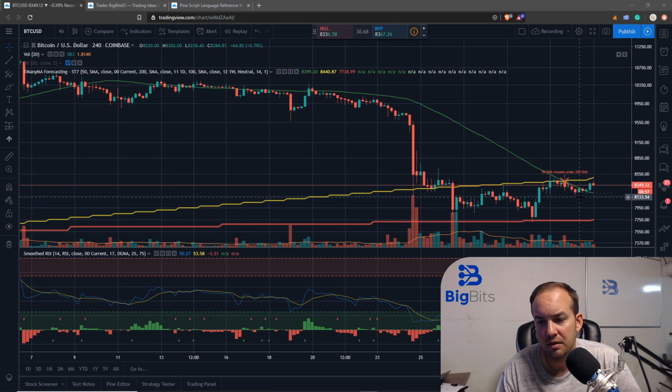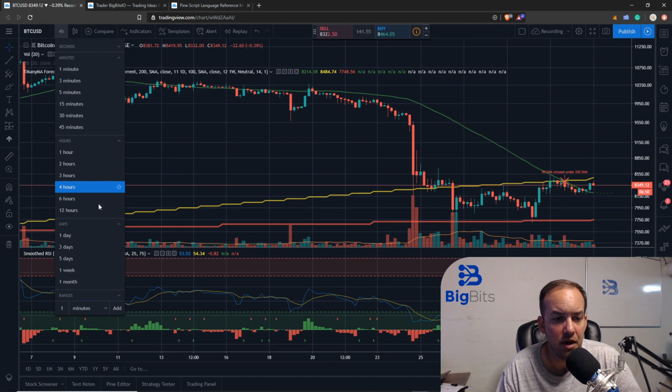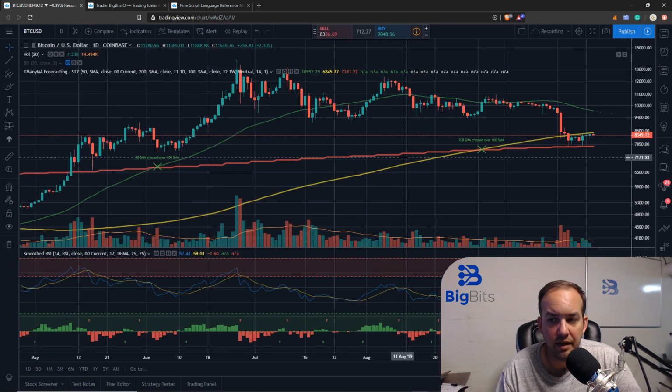I have a feeling that things are going to remain pretty neutral for a little while. I don't think the daily averages have caught up enough to really indicate a huge